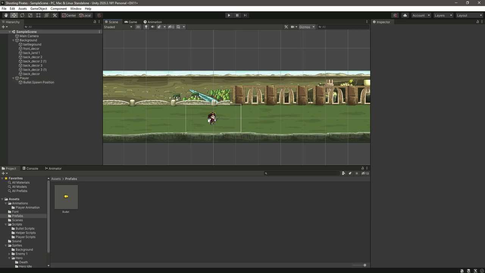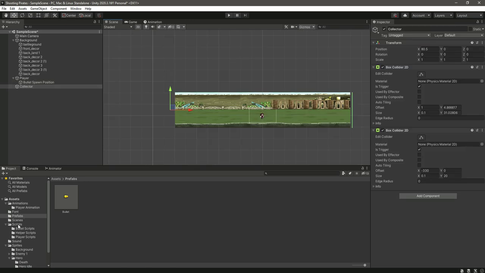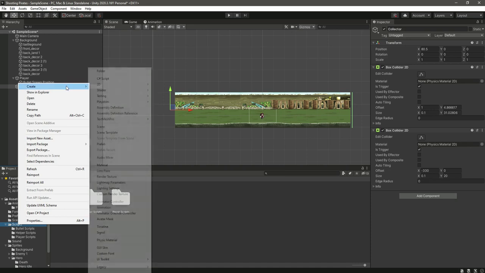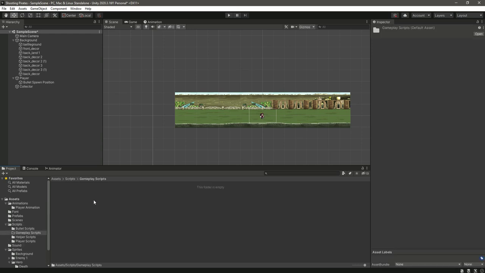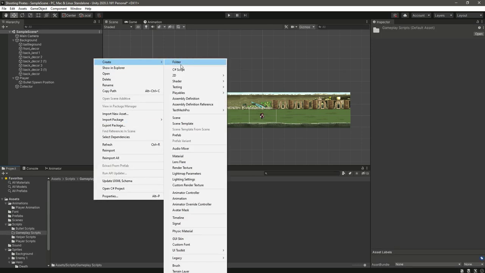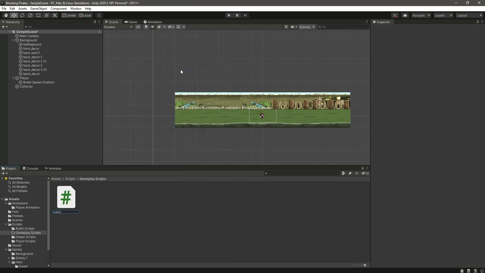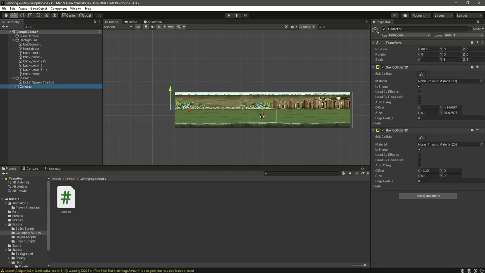We need to destroy them. Now in the scripts folder we will create another folder by the name of gameplay scripts, and in here we will create a C# file by the name of collector. Now attach this right here,